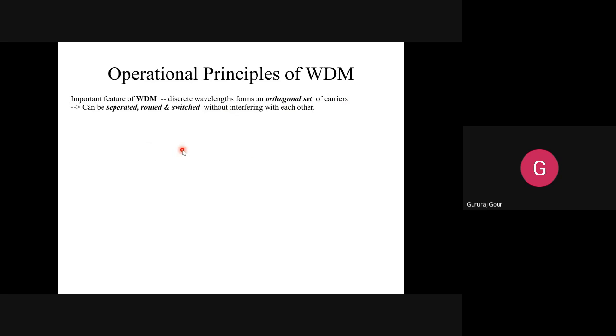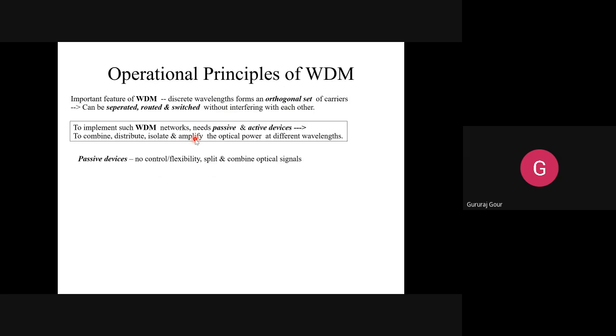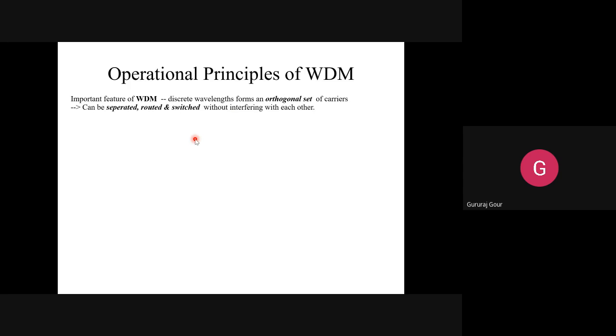Wavelength 1 is coming here, and wavelength 2 is coming. Wavelength 1 is coming from channel 1. For example, see that figure later. Wavelength 1 is coming, 2 is coming, and so on up to 10. Each one is coming from a different channel. Channel 1 gives lambda 1, channel 2 gives lambda 2. And all these are multiplexed. But before multiplexing, each source is giving you an intensity modulated wave with some carrier. That's what he is telling. Discrete wavelengths form an orthogonal set of carriers.